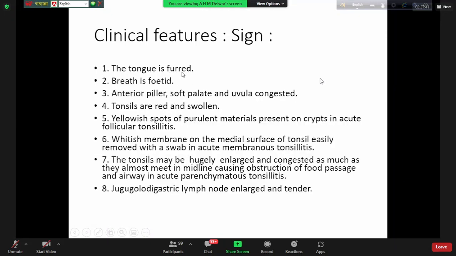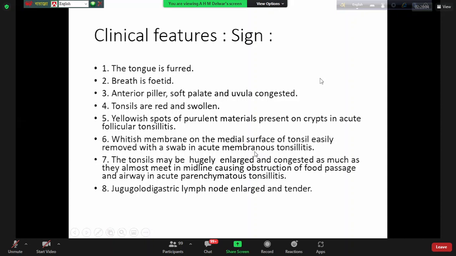The tongue is furred. There is a white coating on the tongue. Breath is fetid, foul smelling breath. Anterior pillars, soft palate, uvula congested, tonsils red and swollen. Spots or purulent material present on crypts in acute follicular tonsillitis. We have described it. Membrane on the medial surface of the tonsil is easily removed with a swab in